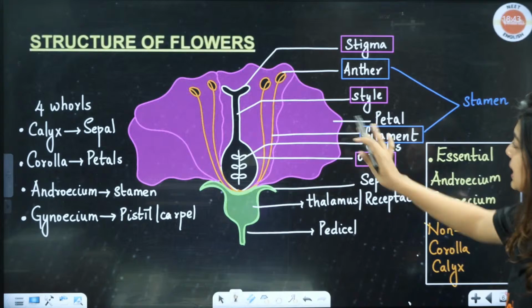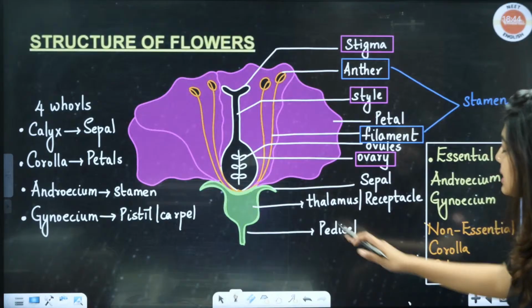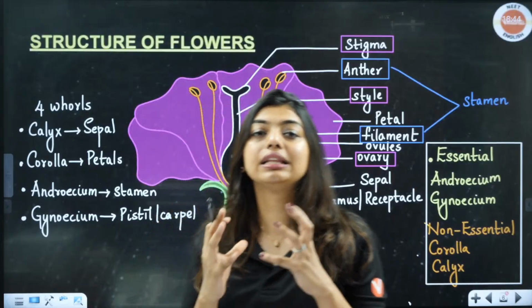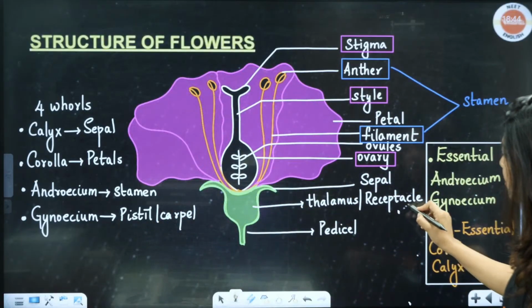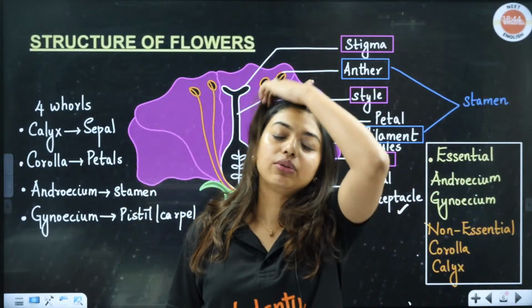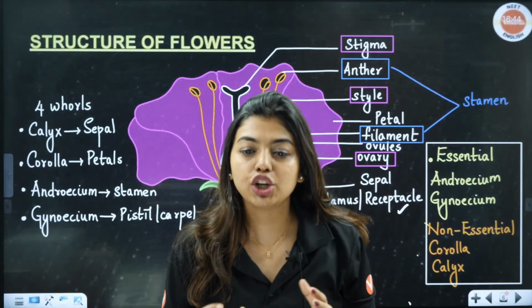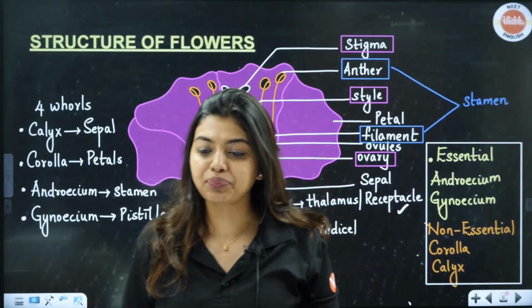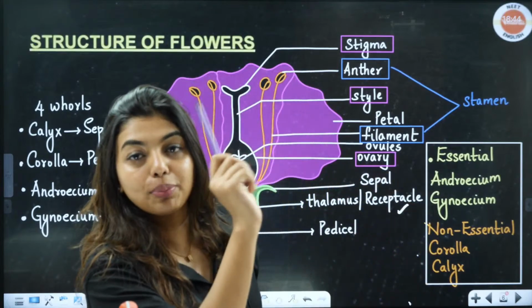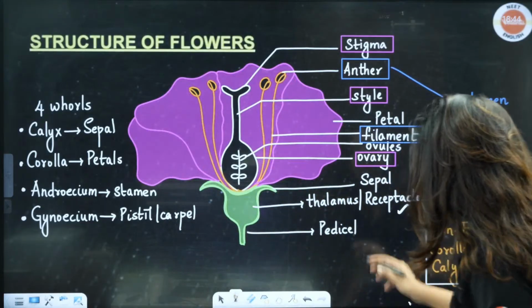Now, look here, students, petals are there. Petals will come where? Corolla, okay. Sepals are there. Where is it going to come? In the calyx. And then down, you will see a swollen part which is called the thalamus or the receptacle, okay. Thalamus or the receptacle. And most of you would have given flowers to someone in your life, okay. You might have given flowers, you might not have given flowers. In case you have given flowers to someone, you will be holding the pedicel, okay. So, let's assume this is the flower, okay. What I am holding is the pedicel, okay. In a flower that will be called the pedicel. Clear to all of you? Yes or no? So, this is the pedicel.